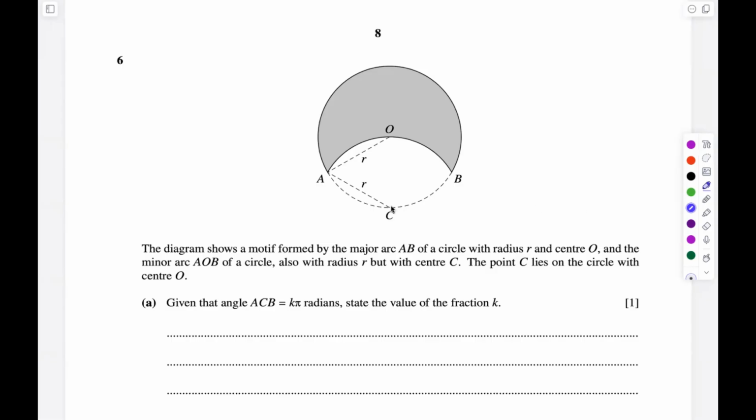Now it is talking about the angle ACB, so we can first mark the angle ACB over here. We know from circle properties that the angle at the center will be twice this angle. And as all of these lengths are equal, angle AOB and ACB are equal. So the angle of the major segment and the minor segment obviously add to 360. So let's say this angle is x,